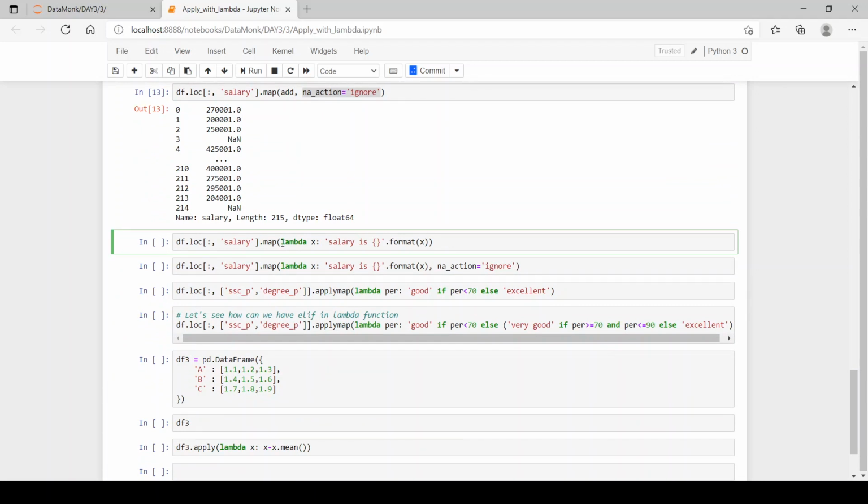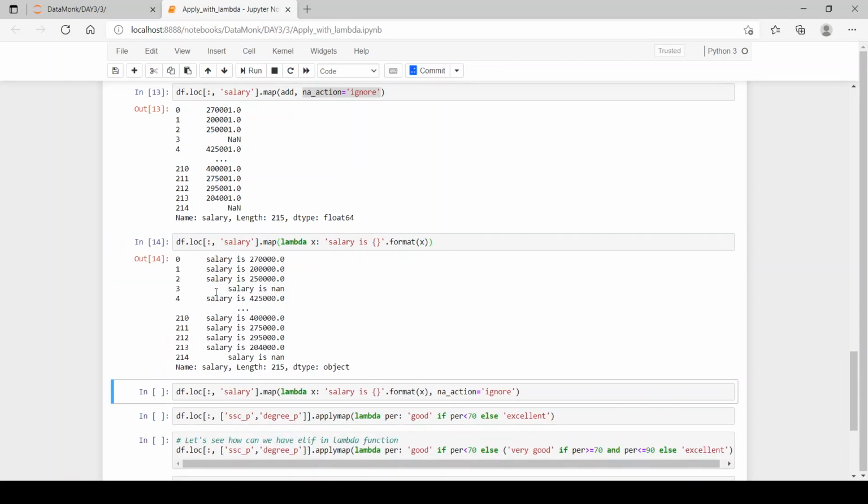Then here I have used the .format method to print a string which is "salary is" and then the x value in it. So the x value will be each and every element of the salary column. In the salary column values, we have "salary is 2,70,000", and as you can see here it is also giving "salary is NaN".